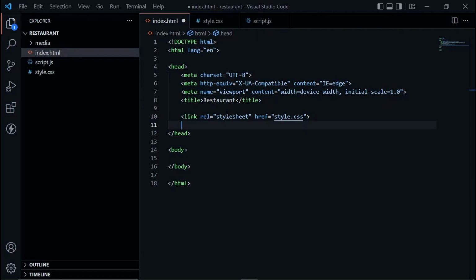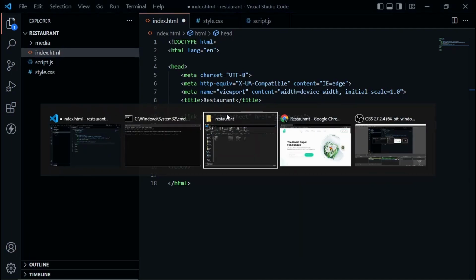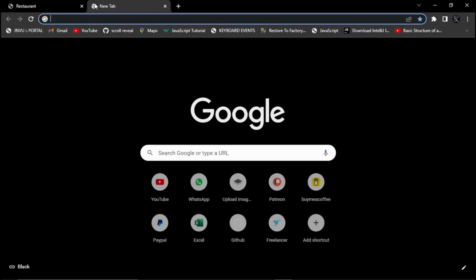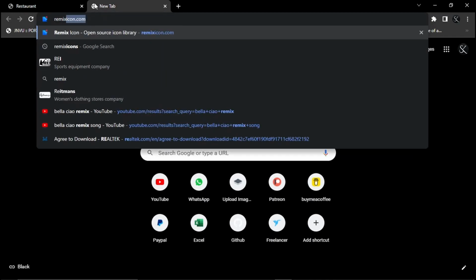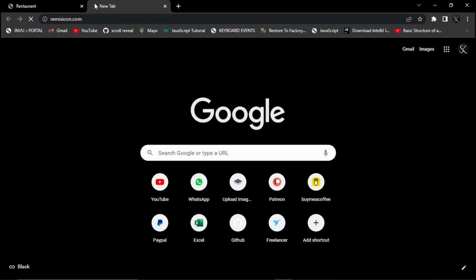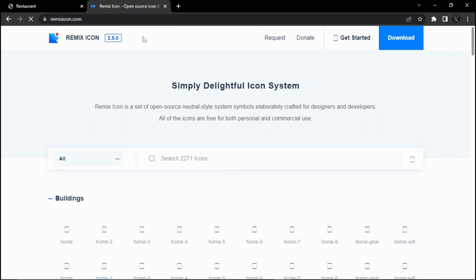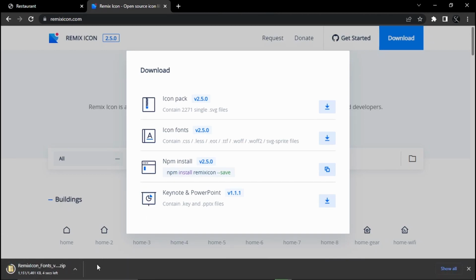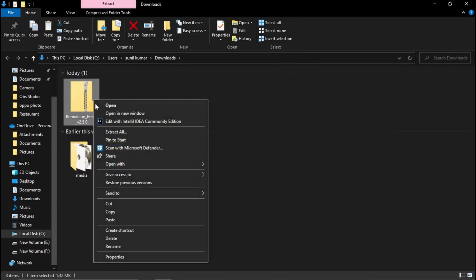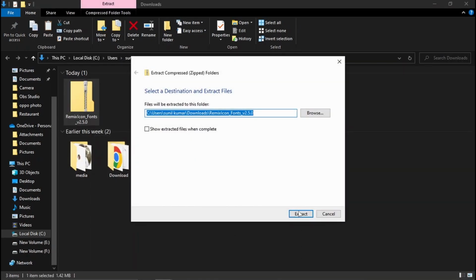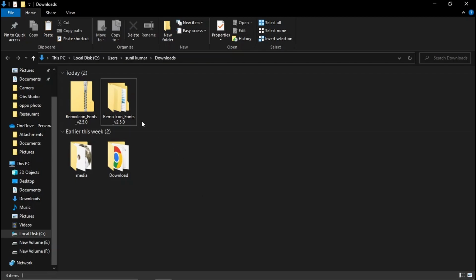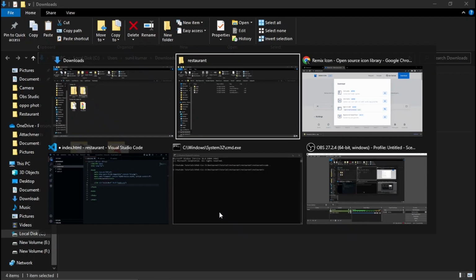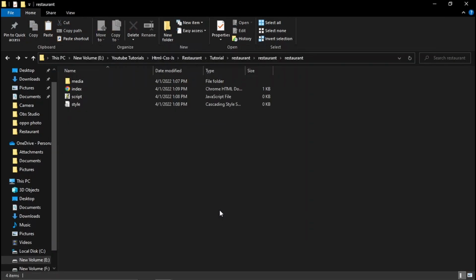So from the browser we will first download our font icon. Here we will search remixicons.com, and from here we will download these icons. After downloading this file we will open this in our folder, and here we will extract these files, and from here we will copy this folder and paste in our main folder in the restaurant. Okay,